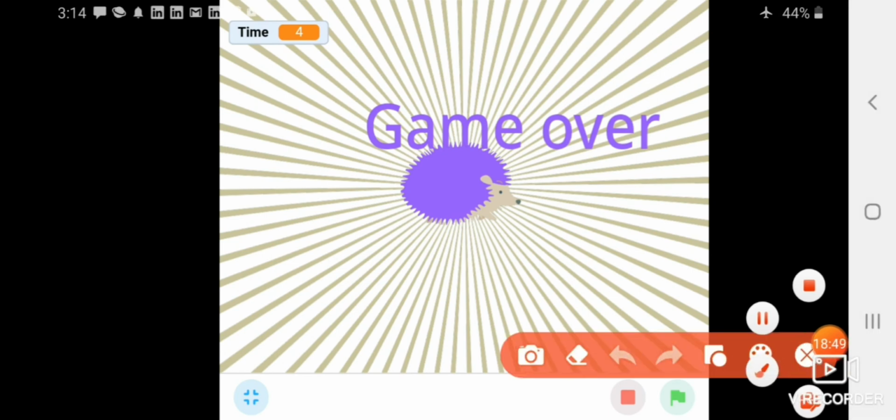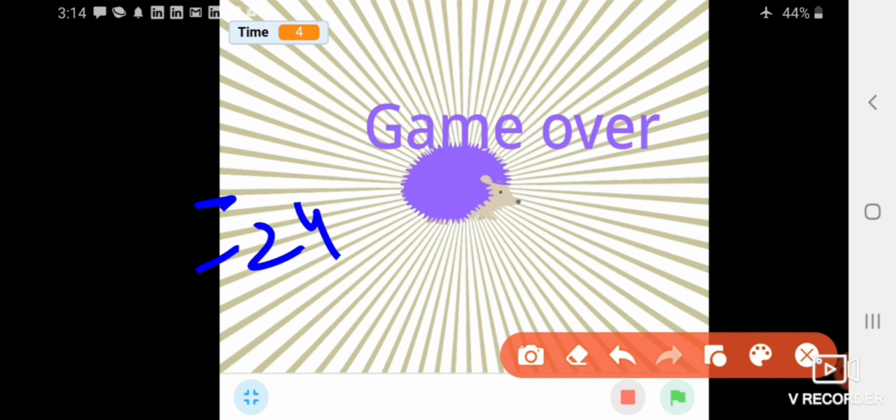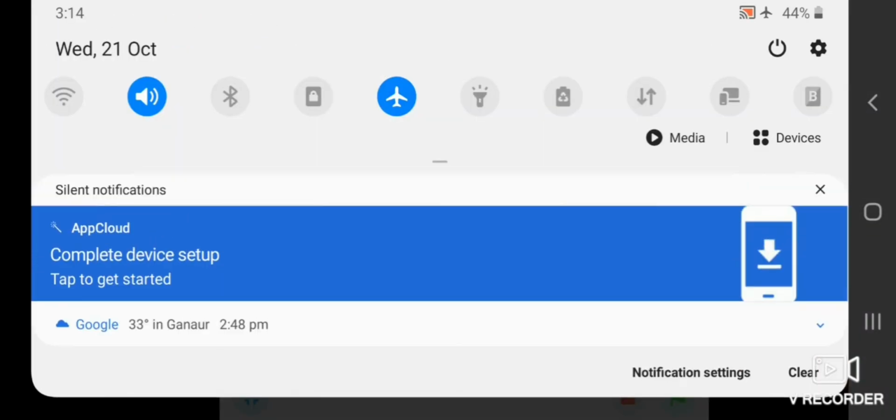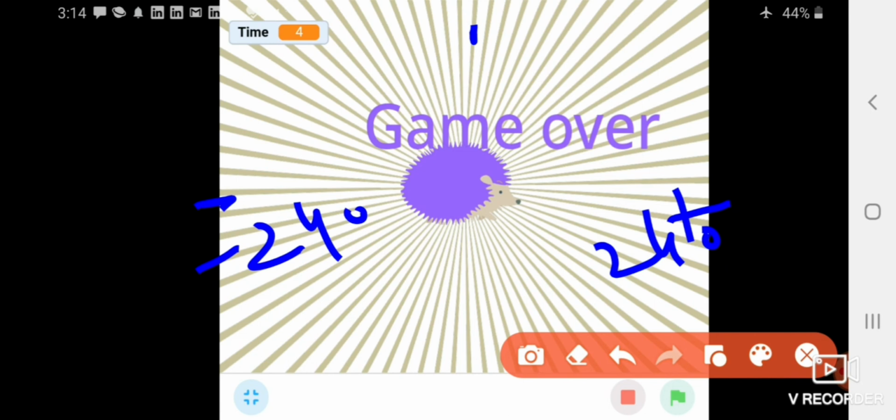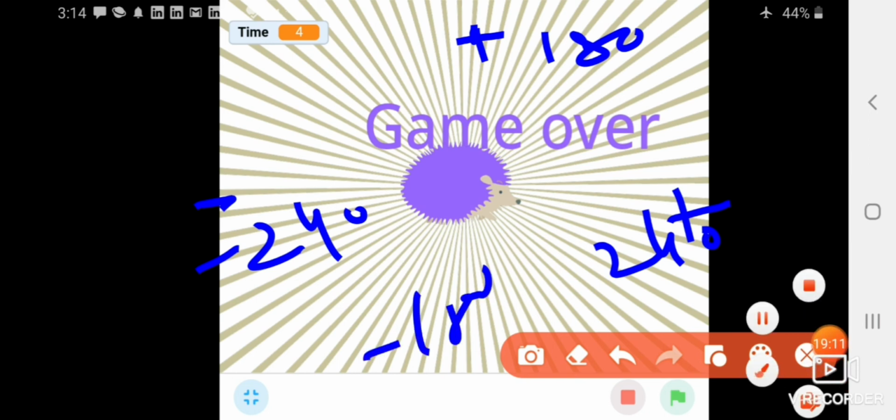You know that on the screen the value of x at one edge is minus 240, at the other edge plus 240, and y has the value plus 180 and minus 180. Put this condition.